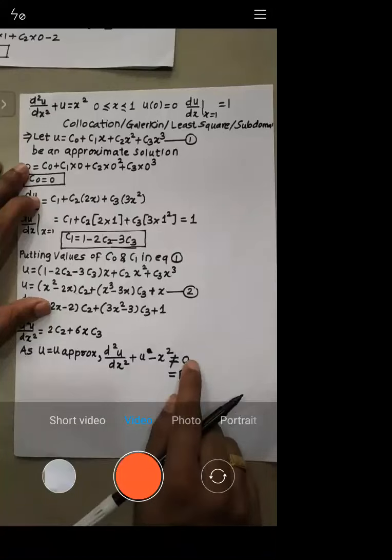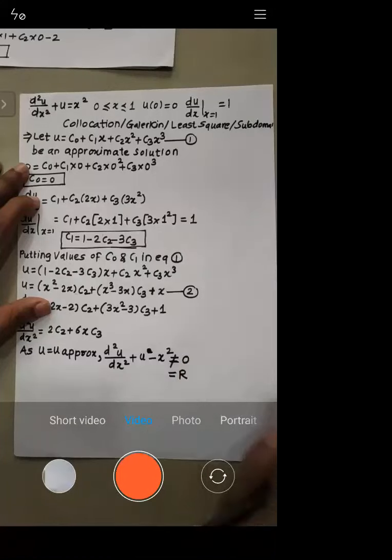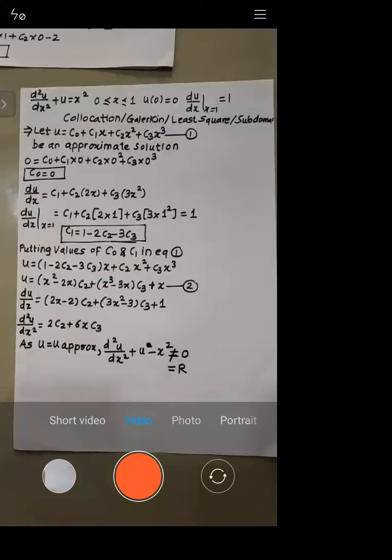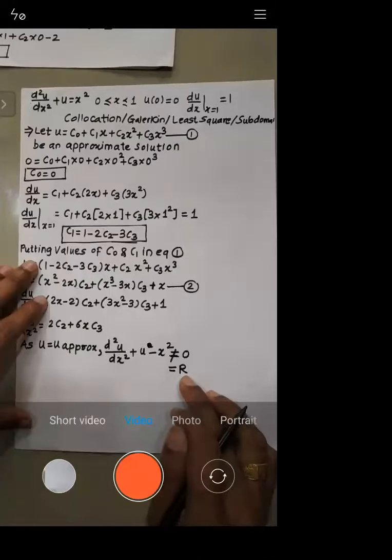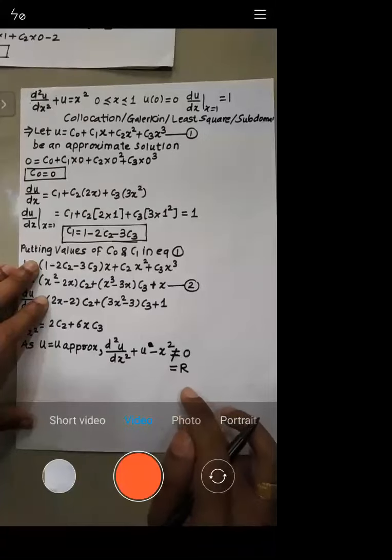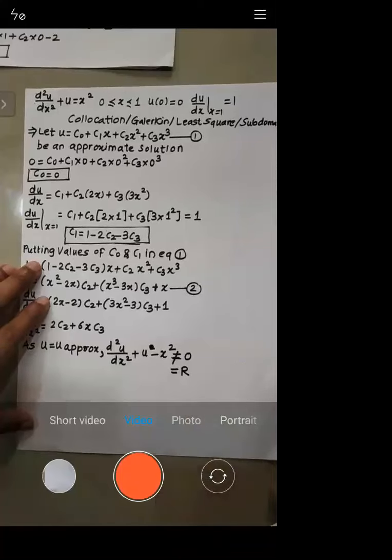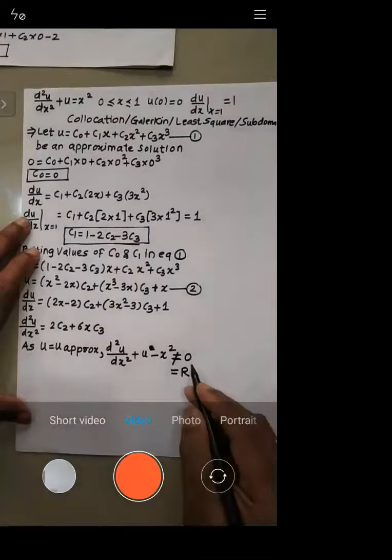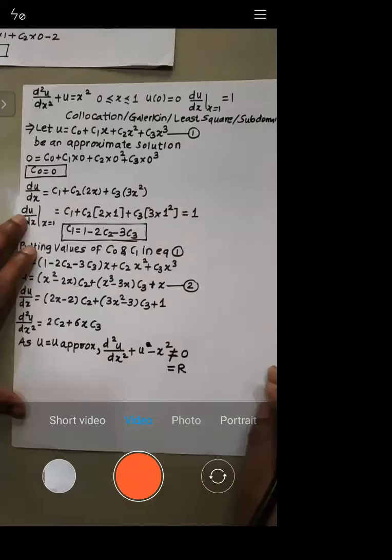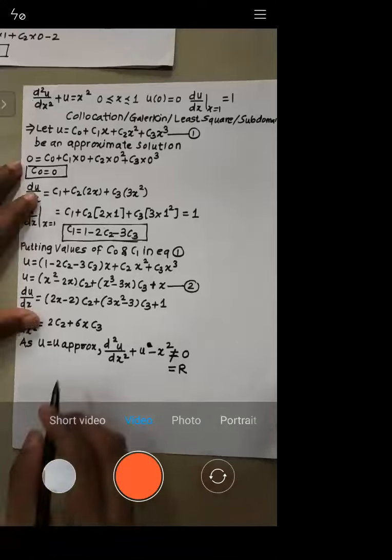See, when your error is 0, that means what? You were having an error of 1 between 10 and 9. If that 1 becomes 0, then 10 is equal to 10. So we want that error to be equal to 0. Then I will also get the answer as 10, which is the same as the exact answer, right? So we want this residue to be equal to 0. Is it okay?